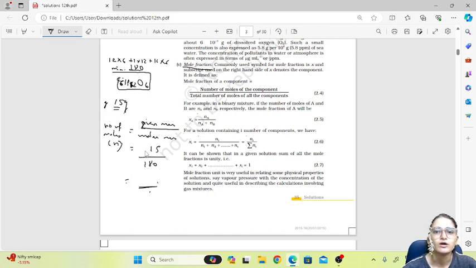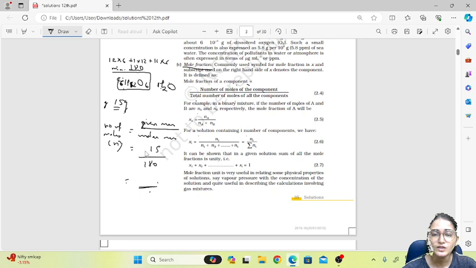Okay, now after finding the number of moles, if you have water and glucose in a solution, so I have one component as glucose and the other component as water. You have to find the number of moles of both the components by using this formula, and then write the mole fraction of whichever component they are asking. Like if they ask about glucose, then you write about glucose. If they are asking about water, then write the moles of water. So the number of moles of the particular component divided by the total number of moles of all the components. Now here we have moles of glucose and moles of water.